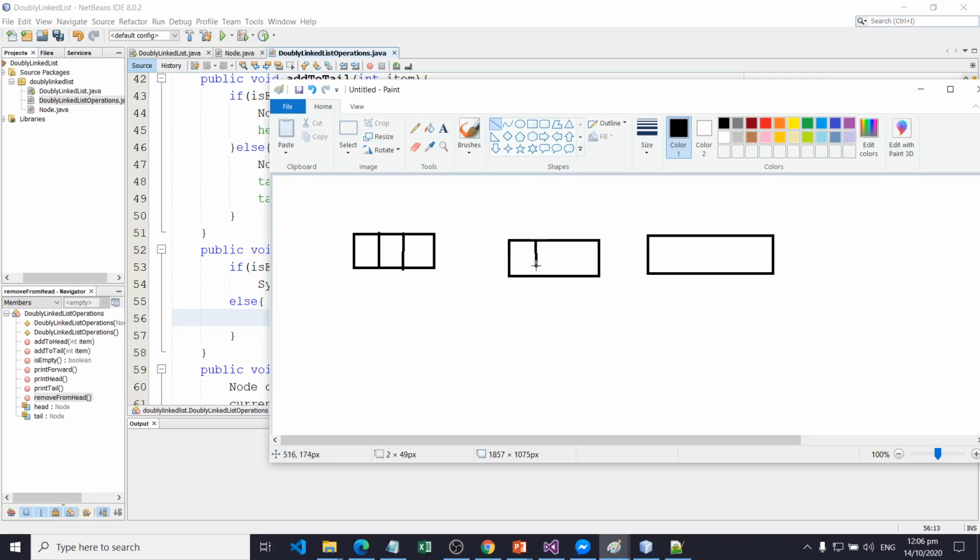This is pointing here, and this is pointing to here, and this one is pointing to here. This one is pointing to here, and this one is pointing to here, and this is null, and this is null.